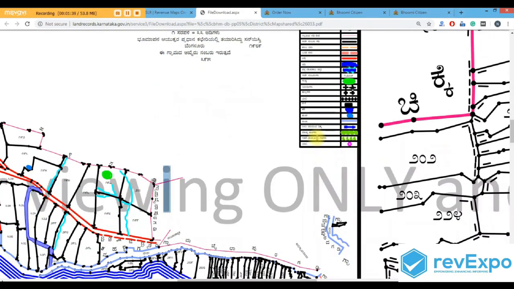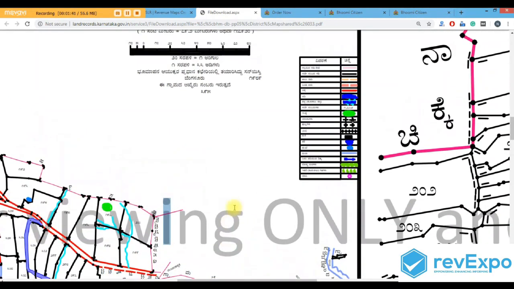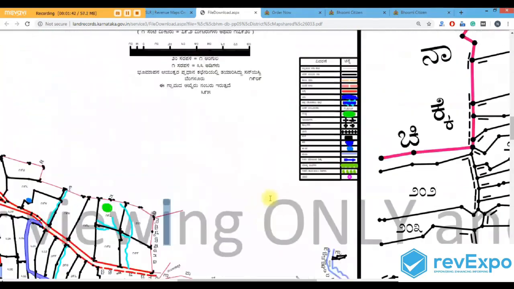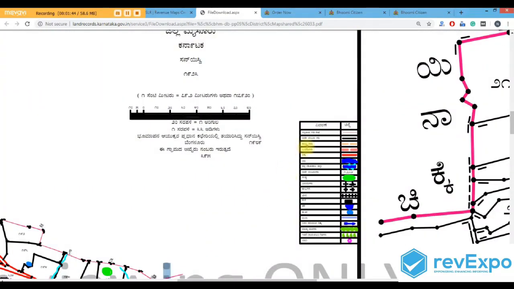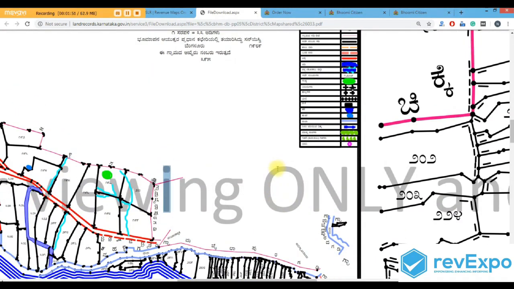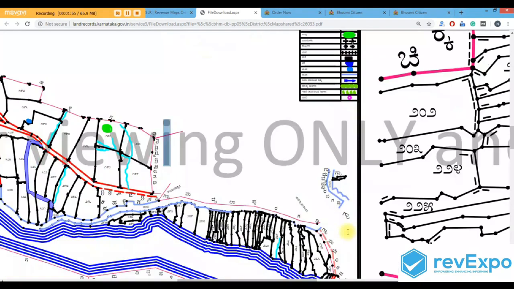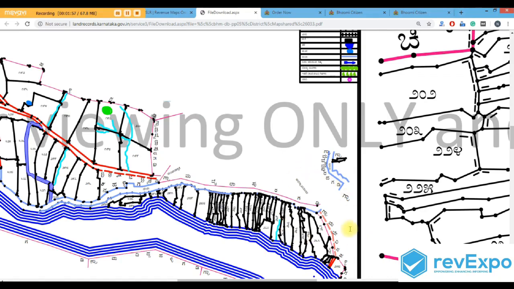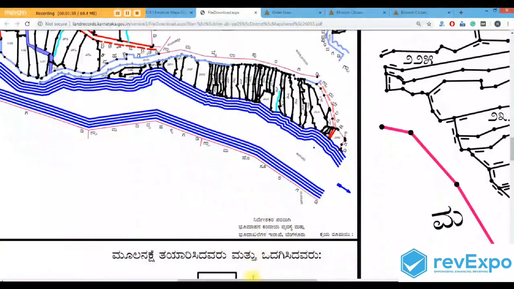So the boundaries are marked with pink color, the water is marked as blue, rivers, lakes, ponds, roads, highways. So each and everything will be represented in this map.